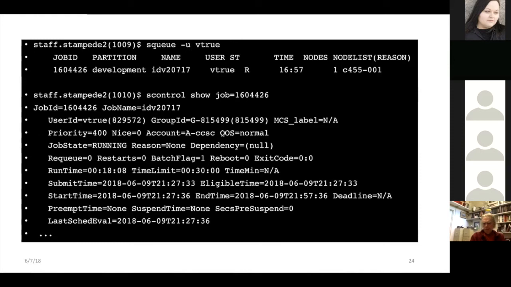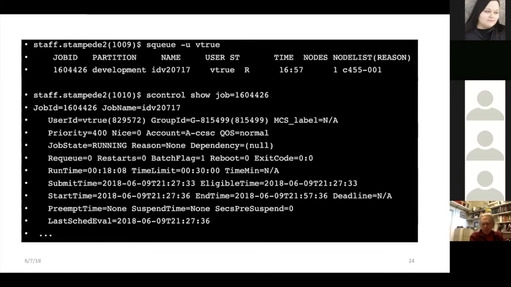You can also look at the job itself using scontrol. The job that I was running in the development queue, I looked up with scontrol show job and listed that job number. And this provides all the metadata we have about that job.